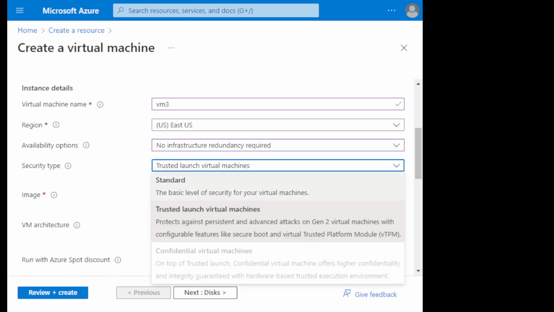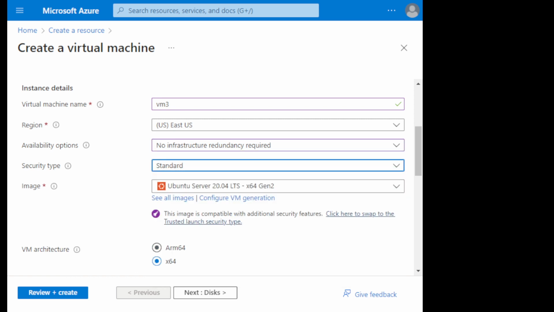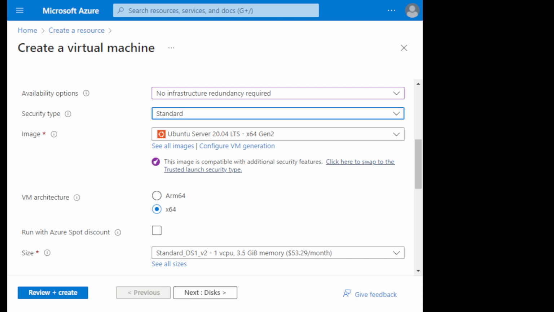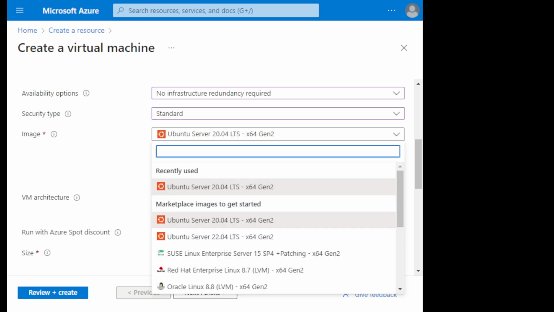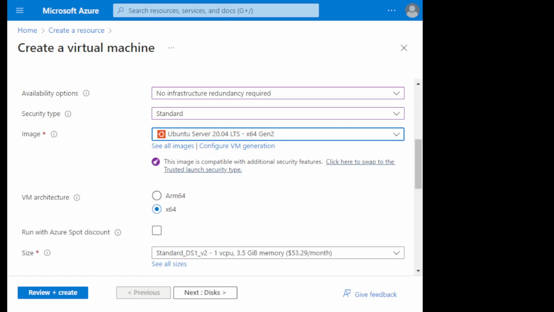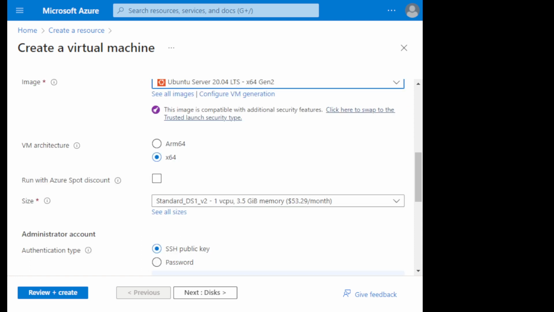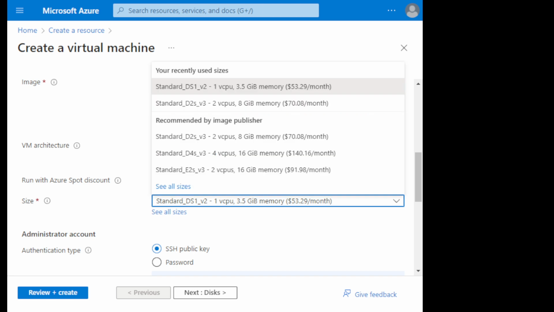Security type, I will select the standard one. And here, the image, I have multiple types of images. I will select Ubuntu. The VM architecture, it's x64 that I will select. The size, here we can specify the CPU, the memory, the storage, and so on. If I see all sizes,